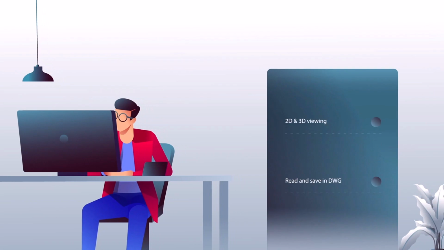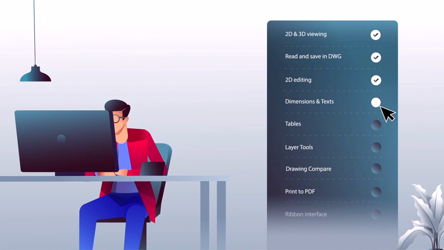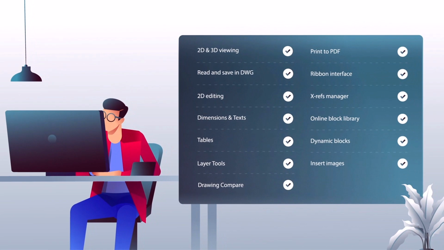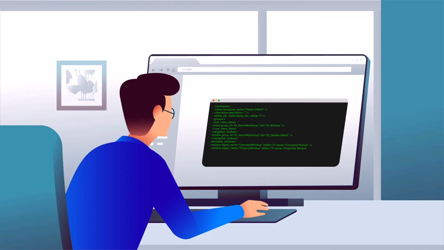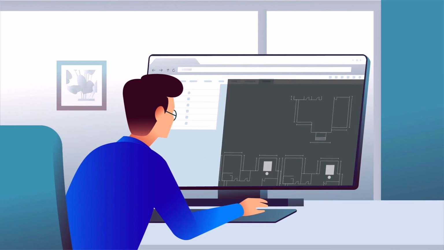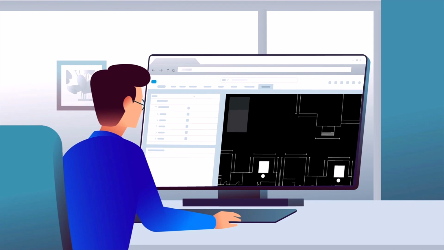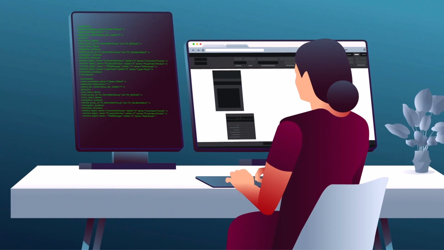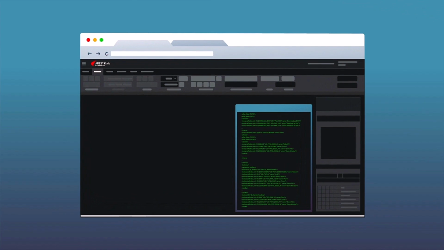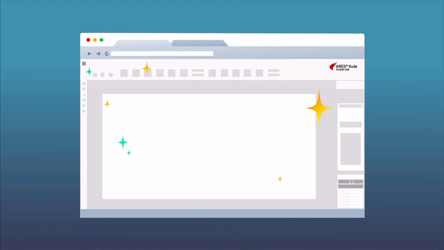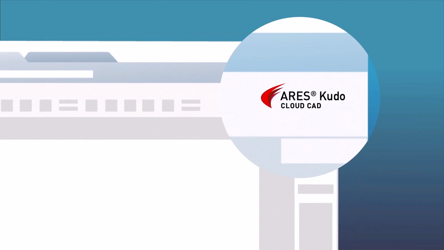And so, as you can see here, all the capabilities in the system are there for you to turn off. It's not like you have to bring them yourself, right? We bring them and you turn them off if you don't need them, or you customize it to your needs, right? You can customize this using development languages that you're familiar with on desktop, but also with web native integration modes. You could skin this to however you want it to be, right? It doesn't need to be an Aries Kudo brand. It could be your own brand.